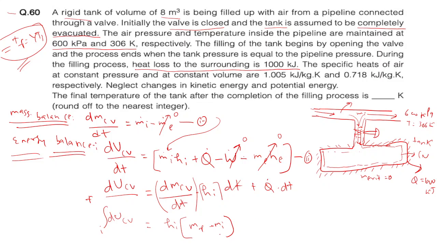So mi would be 0, but in another variation it would say initially pressure is something, volume is something, and temperature is something. So mi will also come at that point, right? Got this point? Yes. So these are the variations I am telling. In one problem, a lot of variations are possible here, so keep those in mind. That's why I can easily solve this problem, but I want to show all these variations.